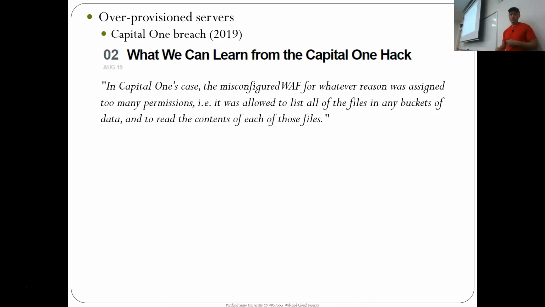We also have the problem of over-provisioned servers. So you deploy software, and the software has way more permissions than it actually needs. And it's running on a server that you give excess permissions to. So this happened with the Capital One breach. There is a misconfigured web server component, and that thing, rather than just scanning network requests, was given access to all of the storage buckets on that project. And it didn't need access to all the storage buckets. So when that server got compromised and they got a shell on that thing, then all of a sudden that access turned into a full exploit on the S3 buckets that had all of the sensitive data. Okay.